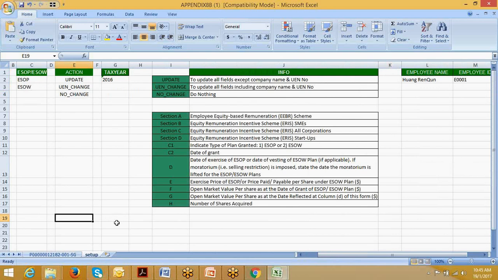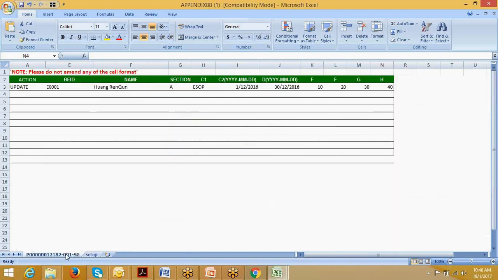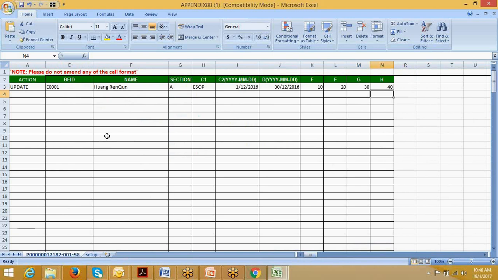So similar to Appendix 8A, for Appendix 8B, the important items that you need to look through is actually on this section, whereby let's say if you give any stock option to the employees, you can actually declare the amount on this worksheet. So the action over here is you put in update,